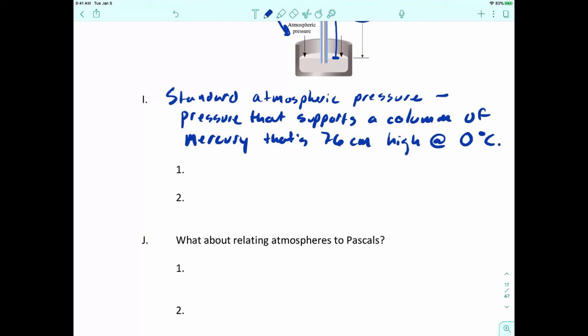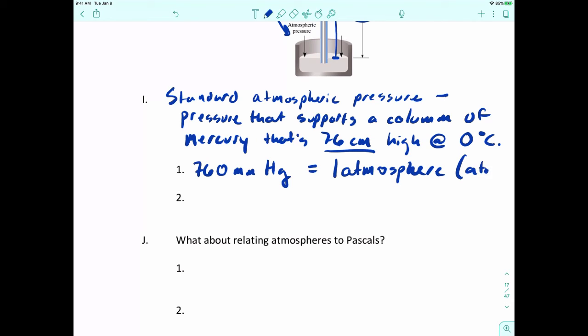Now, it turns out this number, 76 centimeters, is the magic number, because if we convert this to millimeters, that gives us 760 millimeters of mercury. And so by definition, 760 millimeters of mercury is equal to 1 atmosphere,